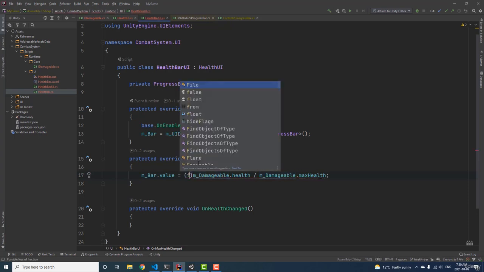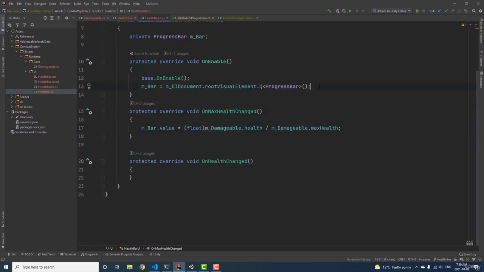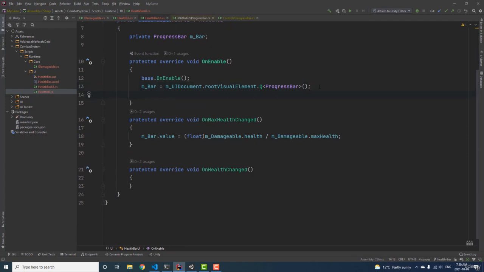And because they're both integers, we're going to have to cast one of them to a float. We're going to do the same thing in the OnEnable function,